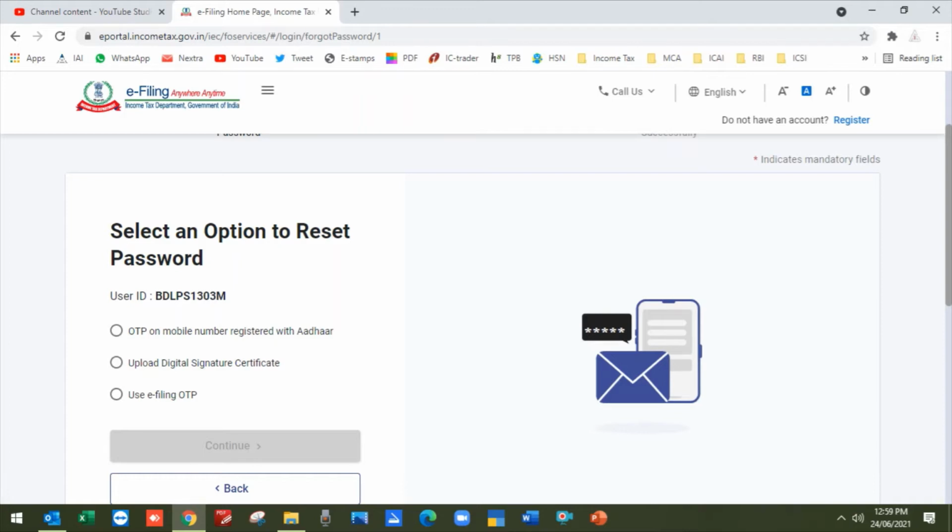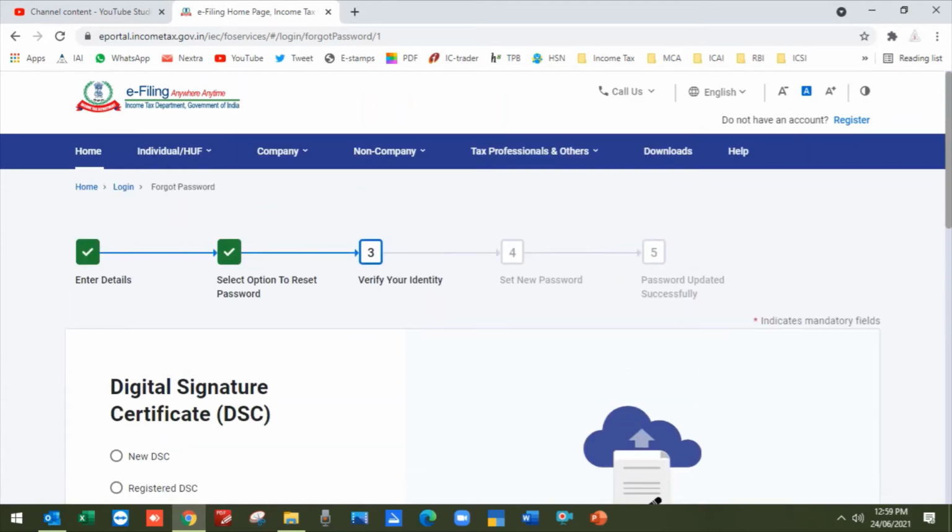The third option is digital signature. As we know, from January 2021 only class 3 DSC is applicable. So now you have to click here. Today we will discuss how we can reset our password with the help of a digital signature. Click on continue.